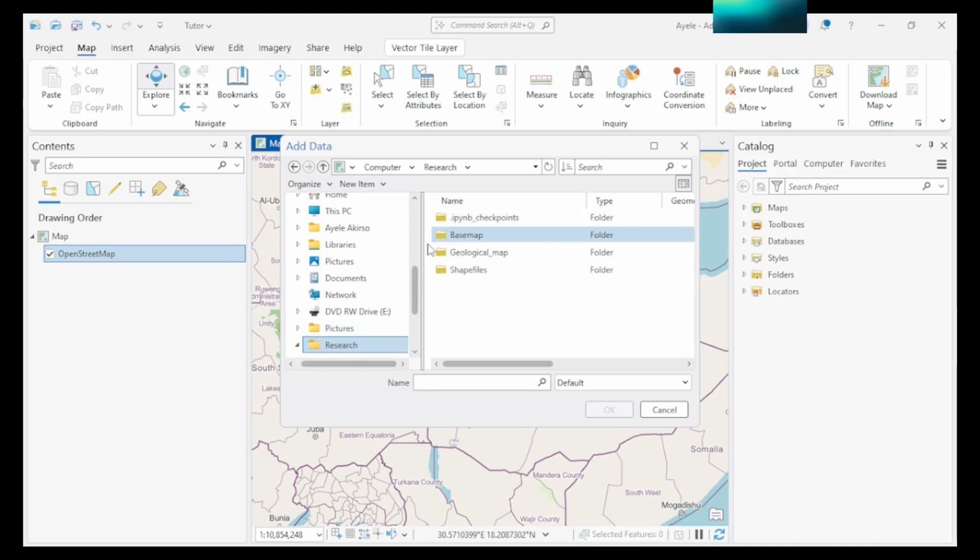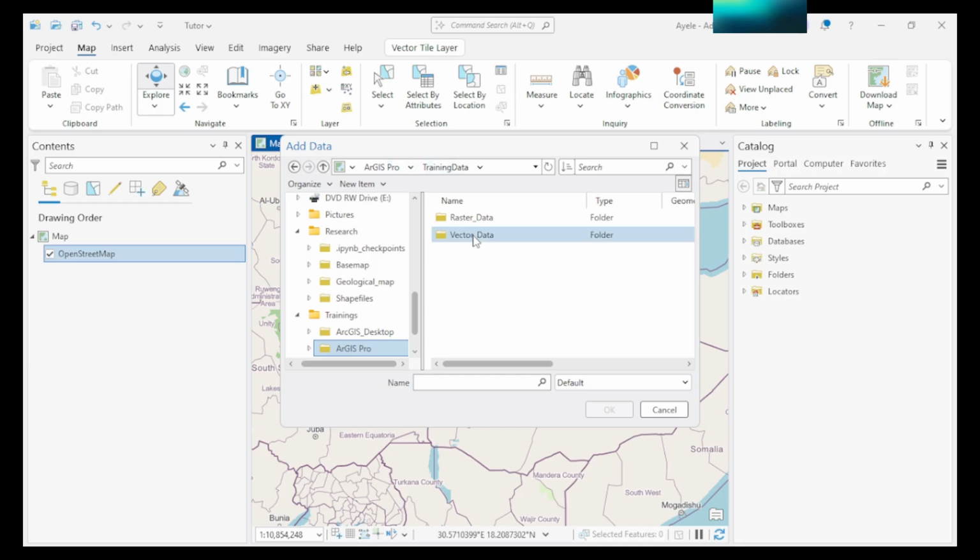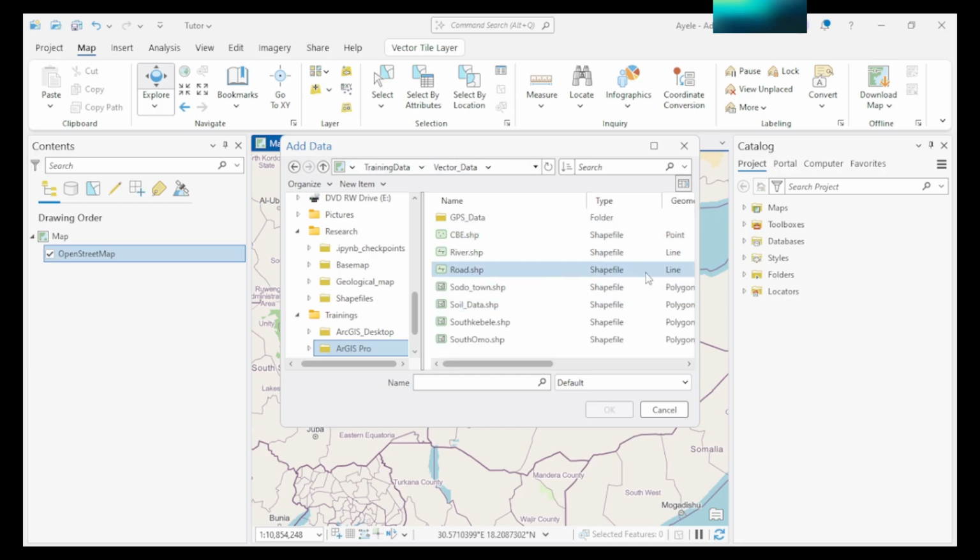You know, my folder is called training on the desktop, ArcGIS Pro training data. First, let me add the vector data, dot shp vector data of South Kabale.